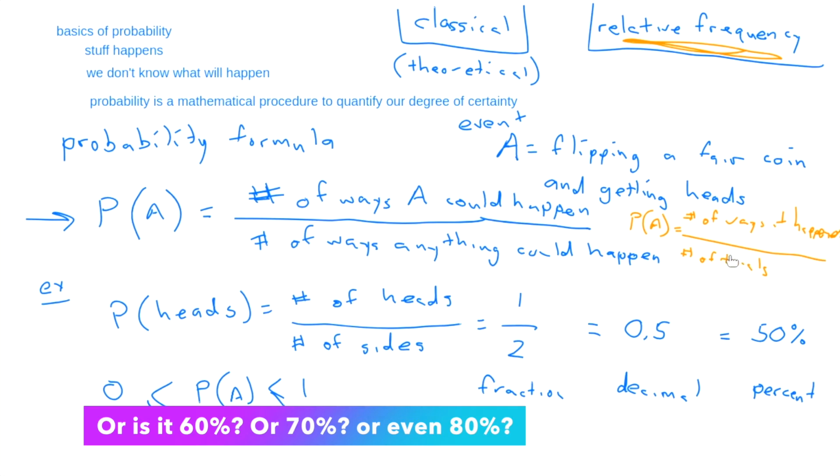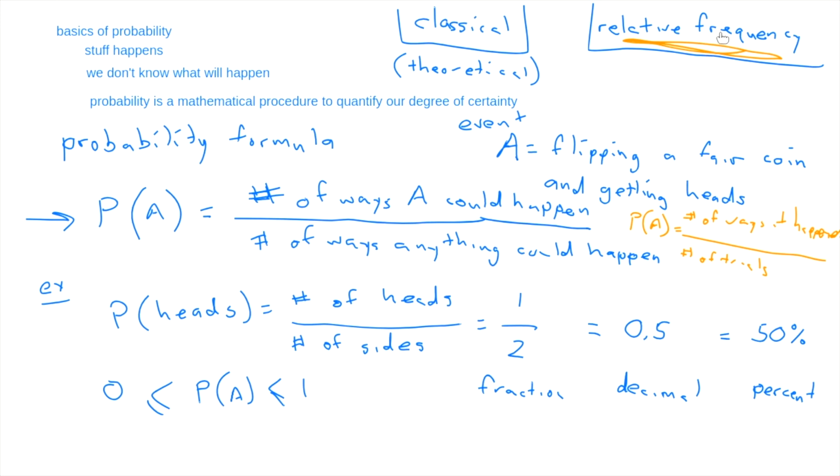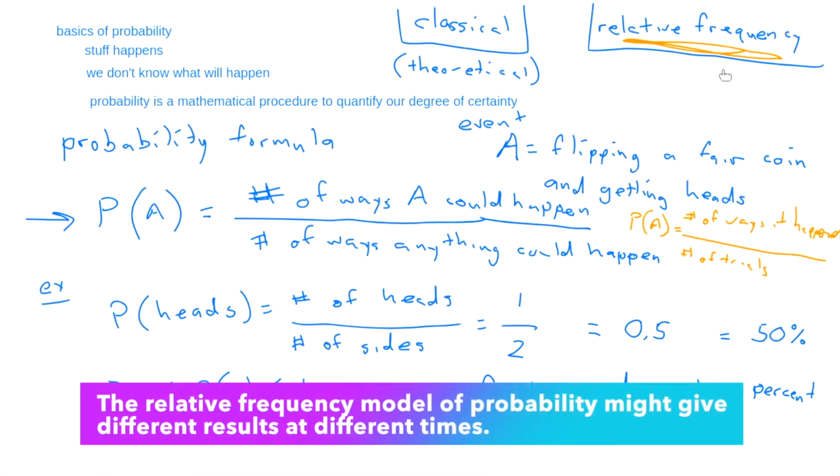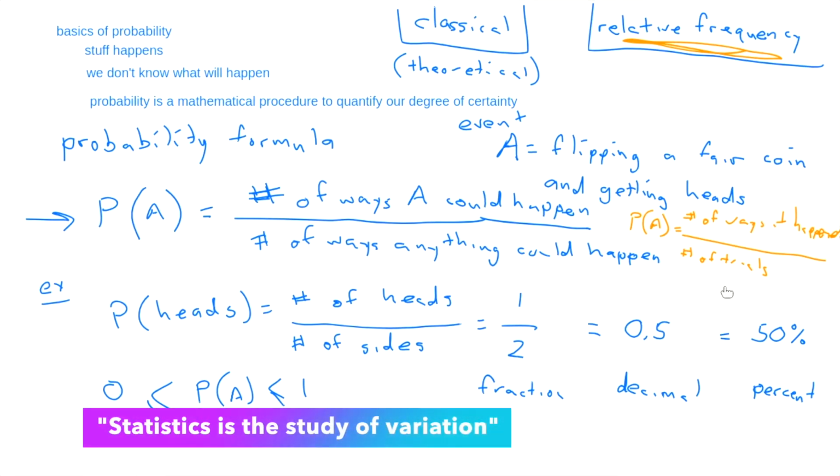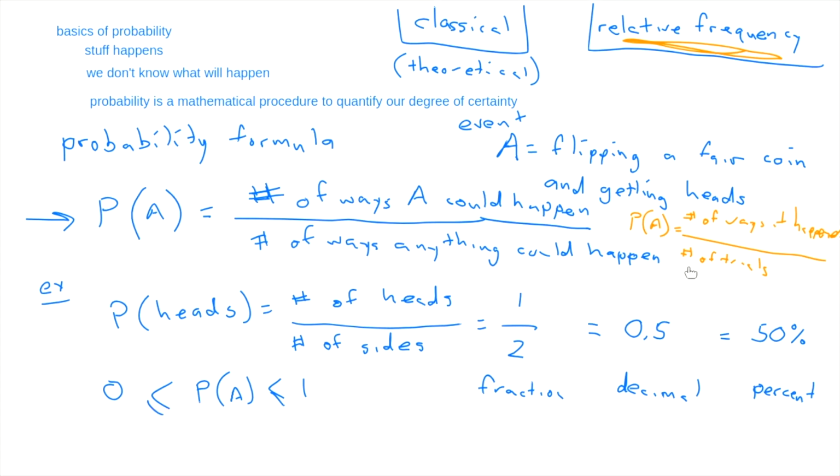And this is the interesting thing about relative frequency: it's possible to get a different result every time you conduct your trials. So you flip it 10 times and you get a value. You flip it 10 times, wait, I got a different value. Yep, you will sometimes. The world has variation built into it. That's why we're studying statistics, is to understand that. So there's the idea of relative frequency.